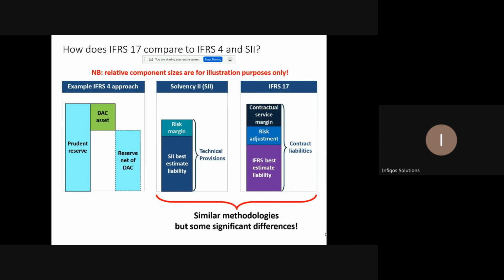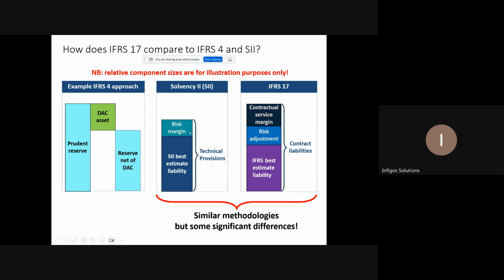So let's discuss the comparison with respect to Solvency II and IFRS 4. IFRS 4 is like you have reserve. Reserve is basically set of cash flow of premium which is going to happen. If you're going to collect the premium over next 10 years, you will say that this is my reserve, and you cut down the cost of the acquisition. The rest of the thing will be reserve, which will look very good in first year, but rest of the years it will basically look less value.